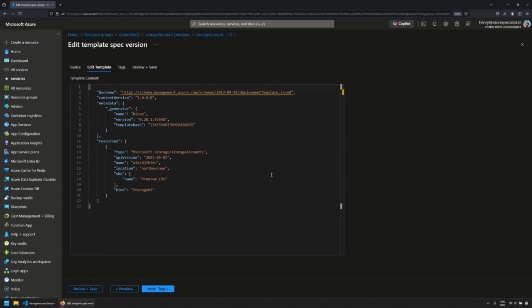Now, the question that comes up is, why would I do this? There are a lot of scenarios where you might want to publish templates that others can use. And you might do that using things like artifact feeds or a Bicep registry, which is basically a container registry. But if the consumer of those templates is not necessarily well versed in infrastructure, template specs are a rather easy way for them to find those template specs in the portal, or you can teach them a little bit of CLI, and then they can deploy the template spec to instantiate resources they need.